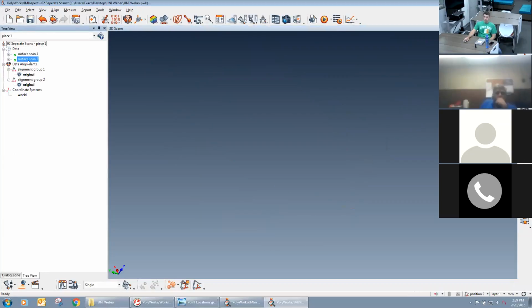If I were scanning right now, I would use the Move Device Position button down here at the bottom, and that would create another alignment group. These two scans being in separate alignment groups is what allows one to move separate than the other. If they were in the same group, they would have to all move at the same time. So I would move device, which creates the group, and then I would turn back on the scanner, and I would scan